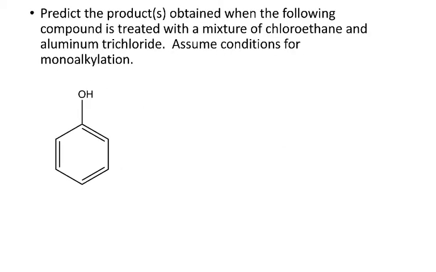All right, here's a similar example. In this case, I'm starting with phenol. I'm treating it with chloroethane and aluminum trichloride. So this is going to give me Friedel-Crafts alkylation. So this is going to add an ethane to my benzene ring. I have a phenol. In this case, I have lone pairs on an atom directly adjacent to the aromatic ring. There's no resonance outside of the ring, so this is going to be a strong activator. And so a strong activator is going to be an ortho-para director. So I should get